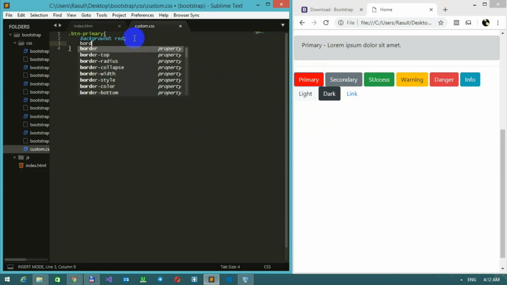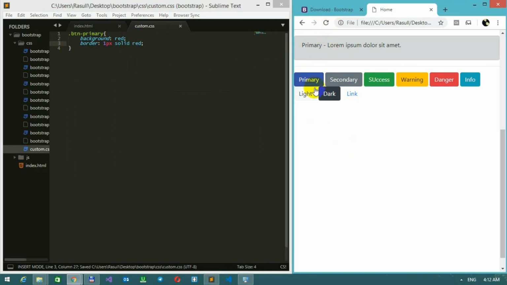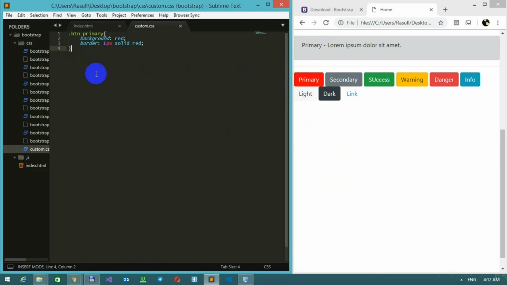That's too easy to get rid of this kind of border. Okay, so we have gotten rid of this border. When you hover over it, that changes into blue, and it's also easy to change